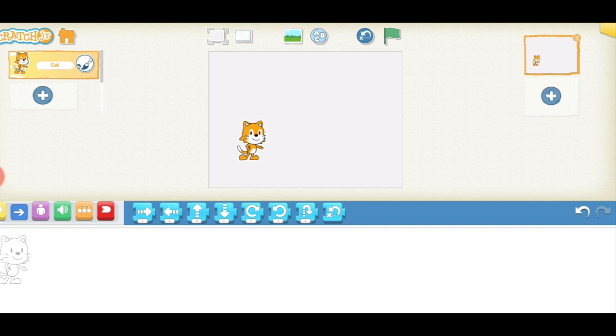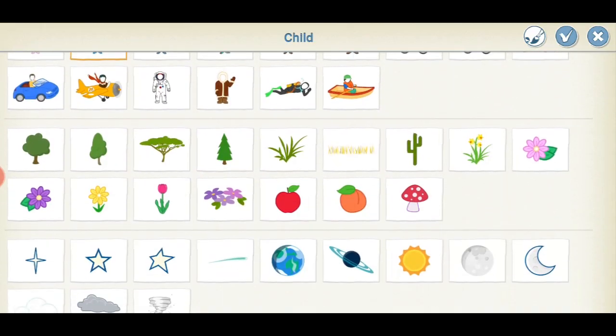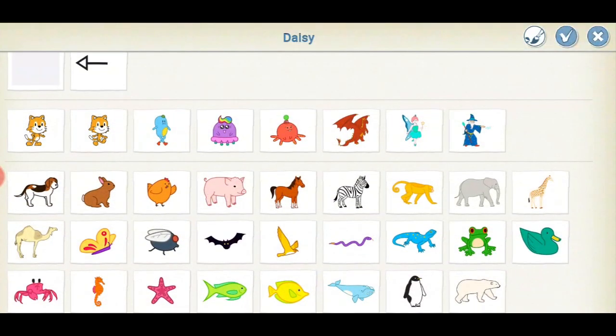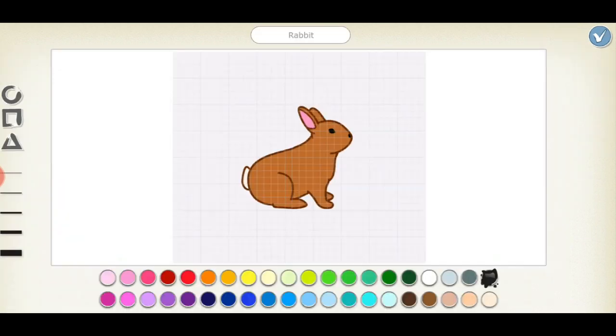Now, those who are using Scratch over mobile, you might face that there are fewer blocks present over here. No problem, you can even create the block. How? See here, at the right top corner, the paint option is there.